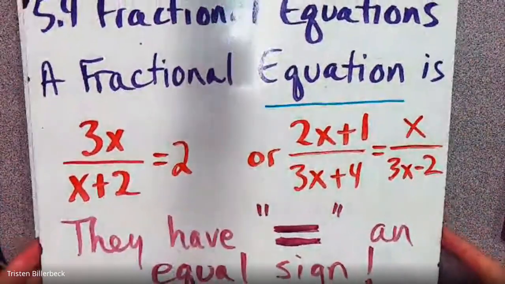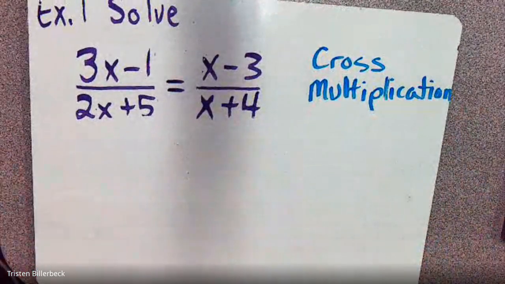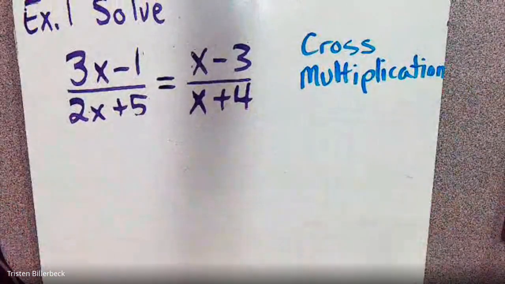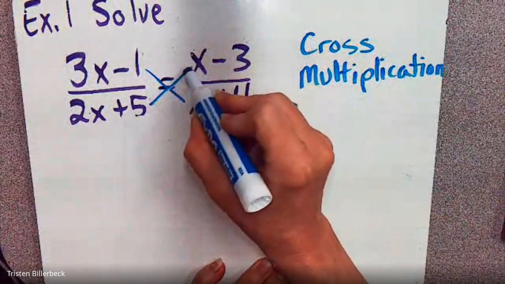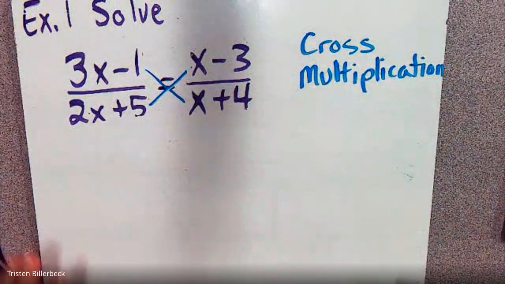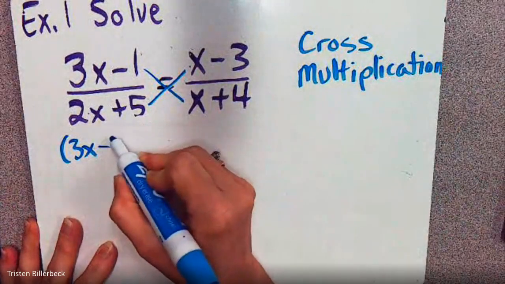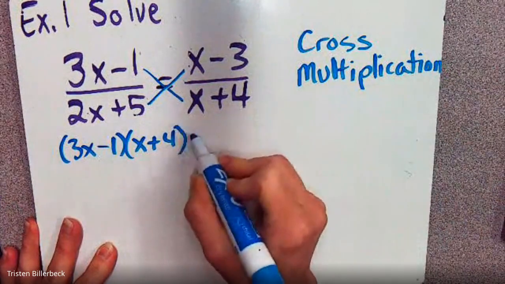When we have an equal sign, we're able to do a few more things than we normally do. We are able to do cross multiplication. What cross multiplication means is exactly what it says: we do a cross, so we multiply those and those, across the diagonal. So we would have 3x minus 1 times x plus 4 equals